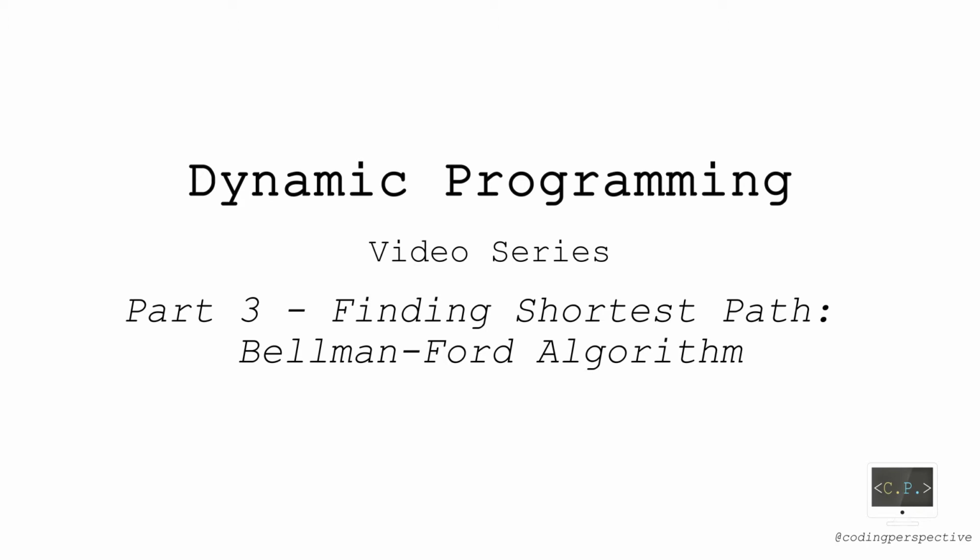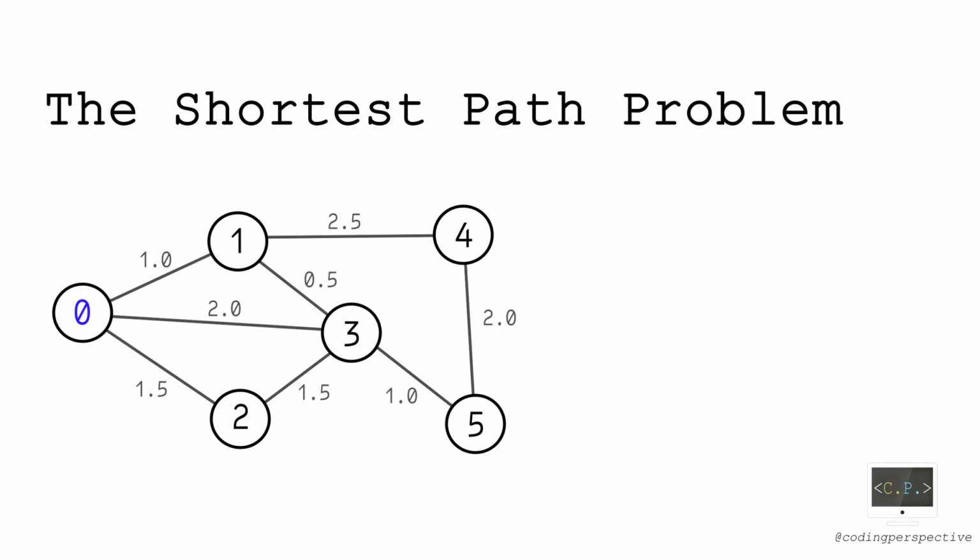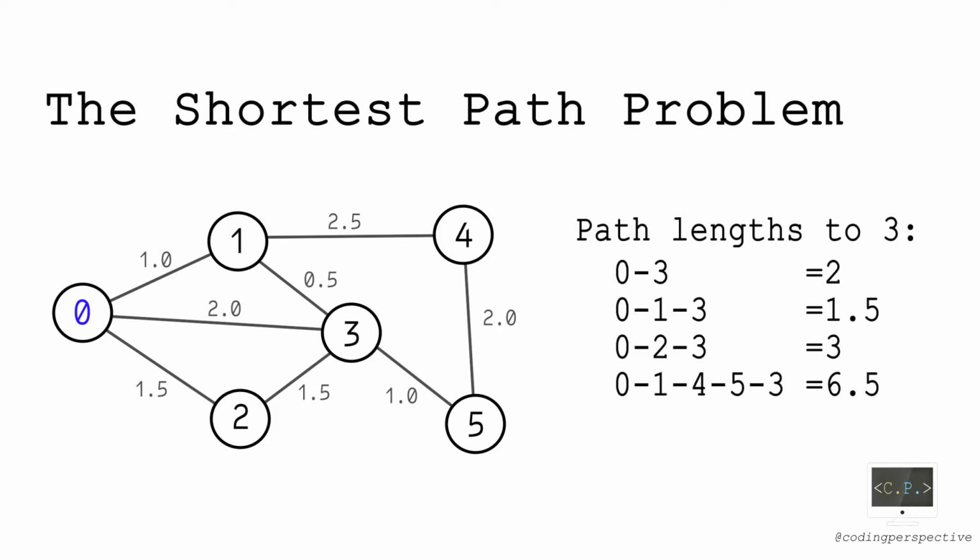If you don't know what the shortest path problem is, I recommend you watch the previous video of this video series. First, let's recall the undirected graph that we used in the previous video. There are 6 nodes and several edges with positive weights. Also, let's recall the paths from node 0 to node 3 with path 0, 1, 3 being the shortest one. In the previous video, we showed that we can solve this problem by using Dijkstra's algorithm.